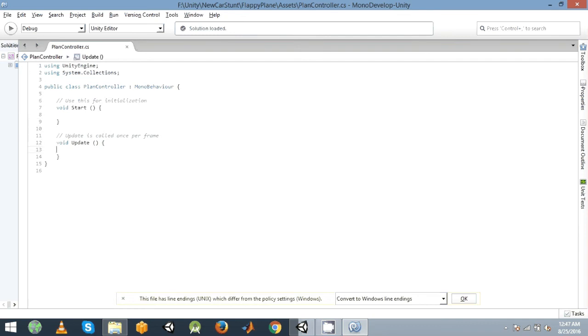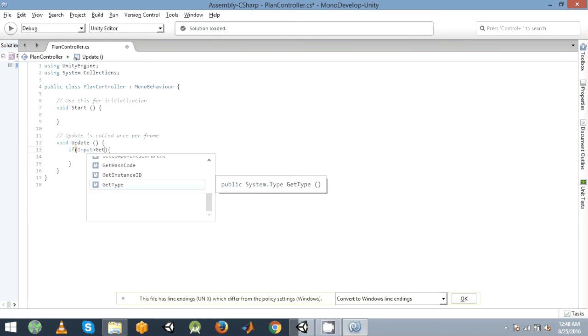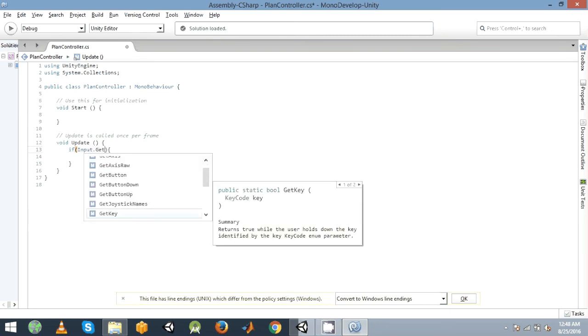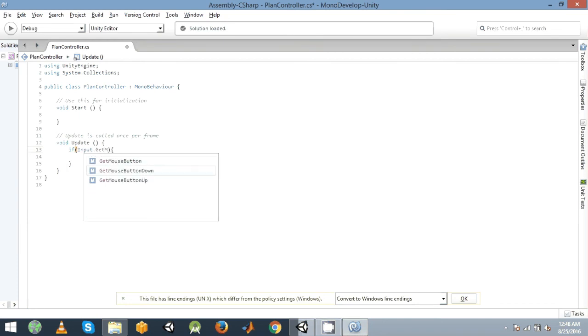Now come into Update and write if. In the if condition, write Input.GetMouseButtonDown. This is a method used to get the left mouse button, and pass this function a parameter 0.